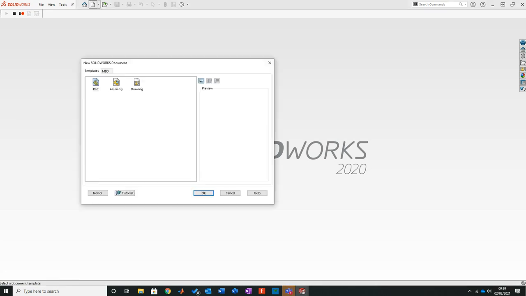If I go to New, it brings up my normal template selection system. Now you notice here that there's so much more extra. For those of you who don't know, you can actually make your own template. It brings up your company logo, and it just looks very professional. So if you're a company and you want people to remember who you are, you can always use that as a baseline. So if I click OK,